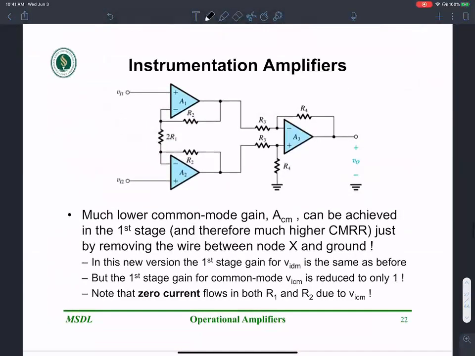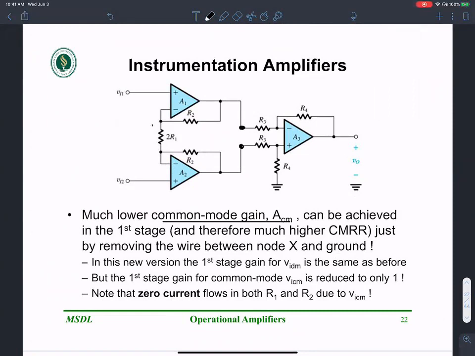Okay, I'm going to redraw that as 2R over here, because these are two resistances in series. And as it turns out, this has a much lower common mode gain compared to the first stage. In this new version, the first stage gain for V input differential mode is the same as before. So the differential mode gain is still going to be exactly the same, but